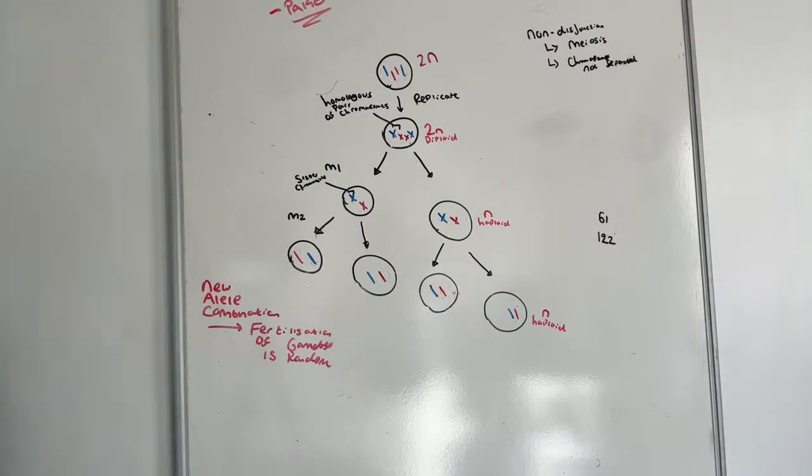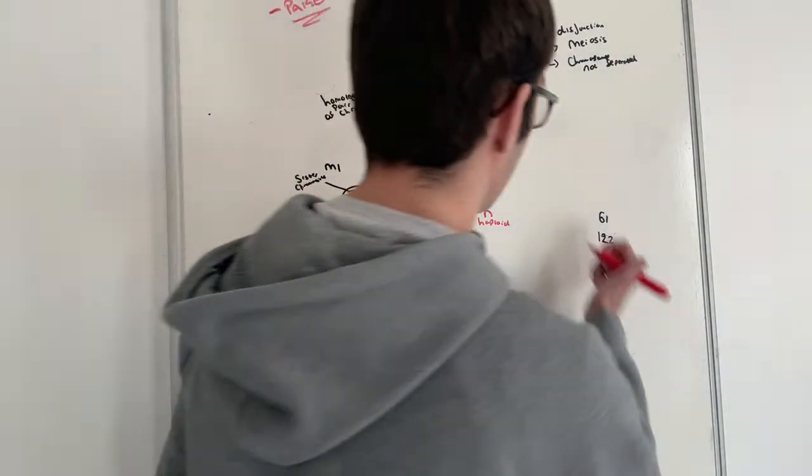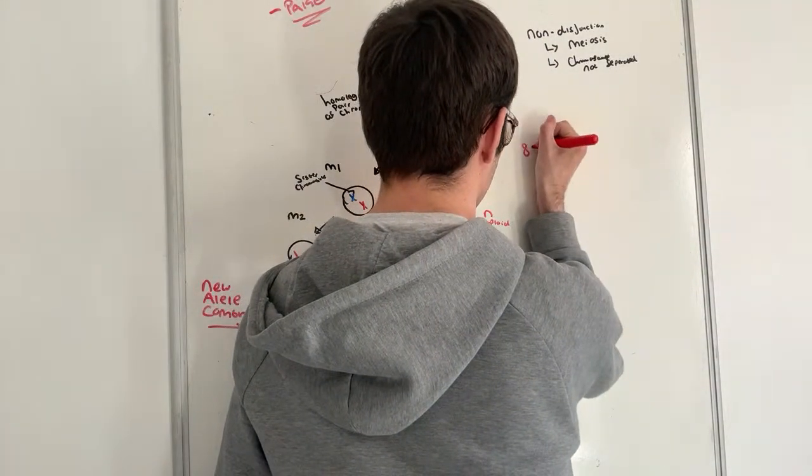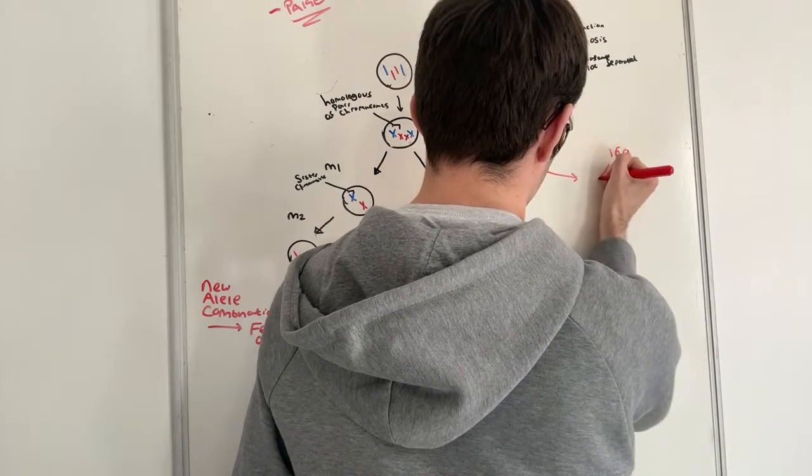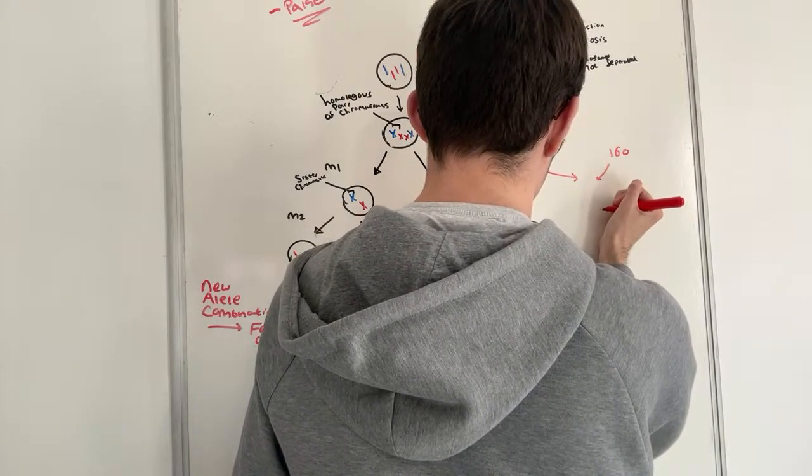Cool. A trout body cell contained 80 chromosomes, so that would be 2n is 80. Farmed female trout are treated so they produce diploid egg cells. Give the number of chromosomes in body cells of offspring produced from treated females and untreated males. So, the males are going to have 80. The females are going to have 160. When they combine together,